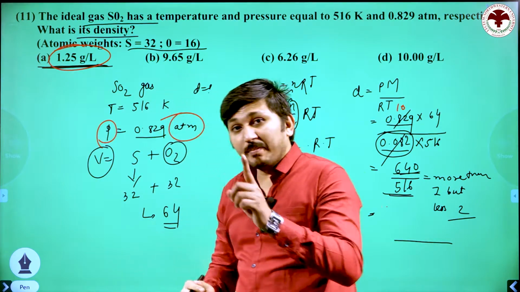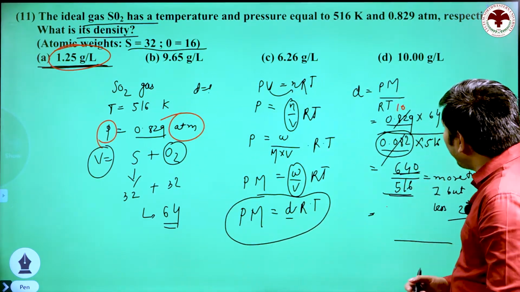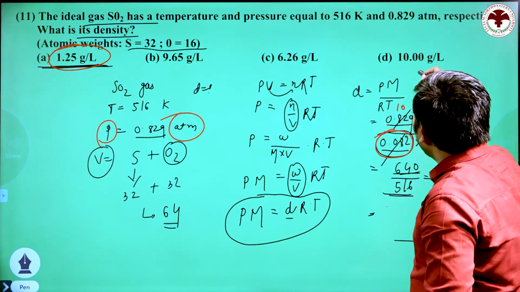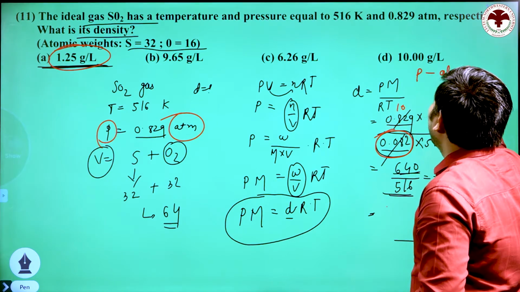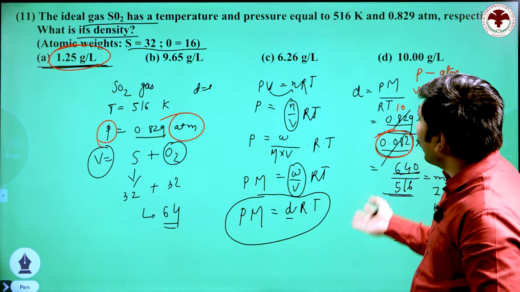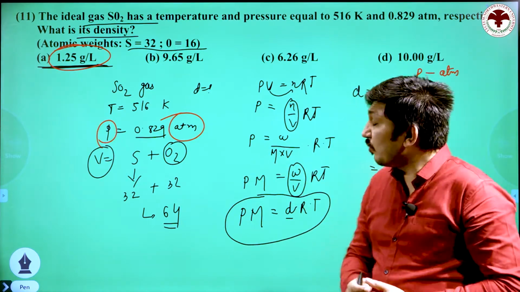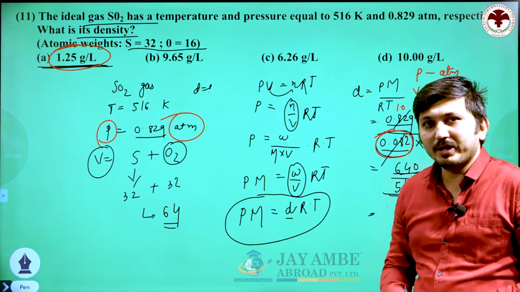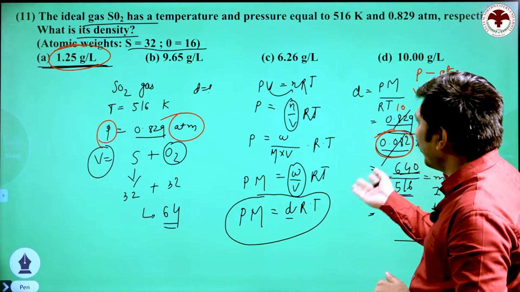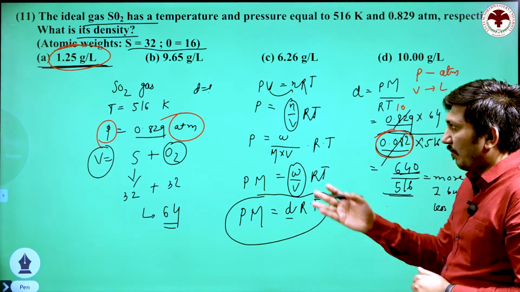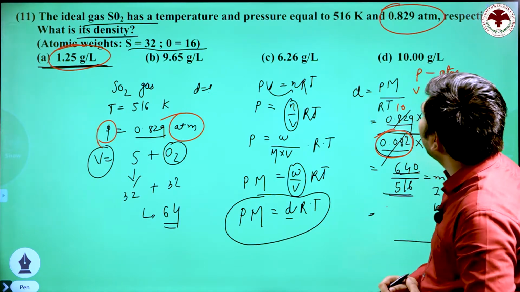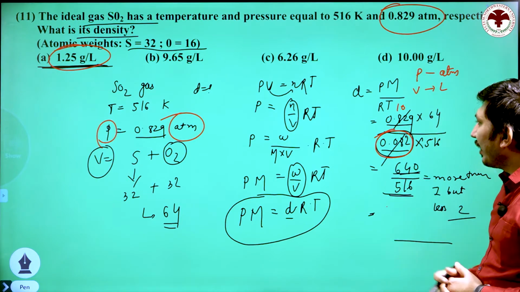Okay, remember this carefully. If we use the value of R equal to 0.082, pressure must be in atm and volume must be in liters. If the units of pressure and volume are different, we cannot use the value of R as 0.082. So think, remember, and be careful. In this question, we do not change the unit of pressure, because the pressure is already given in atm. So we use the value of 0.082.